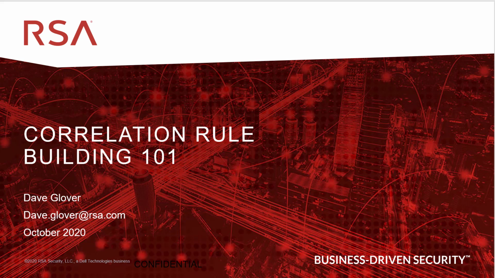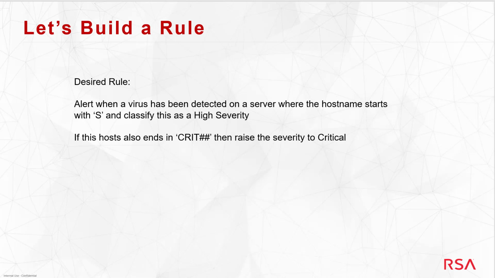Today, I'm going to walk you through building a very simple correlation rule. The construct of the rule is very simple. We want to be alerted when a virus has been detected on a server where the host name starts with an S. If that rule triggers, we want to classify that as a high severity. Also, if this host ends in a CRIT followed by 2 digits, then we want to raise that severity to